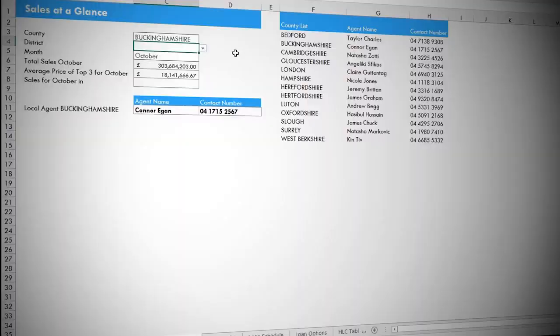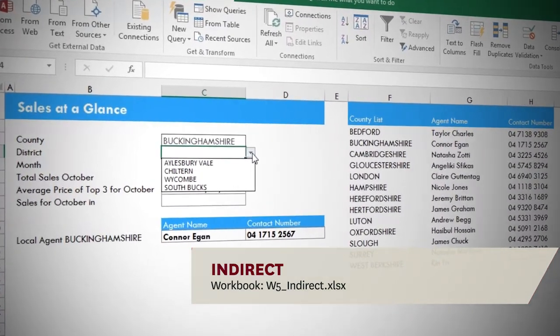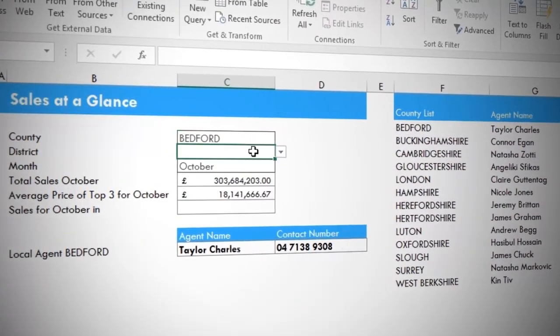So what are some of the applications of the indirect function? There are quite a few applications. For one thing, if an indirect refers to a cell, it effectively locks it. So for example, if my indirect referred to C2, if I inserted a row above C2, regular functions would then start referring to C3, but the indirect will stay doggedly referring to C2. And that can be quite useful when your workbook is changing. You can also get some fantastic results when you combine it with named ranges. So for example, we're going to see in the video how we can create cascading drop-down lists very easily just